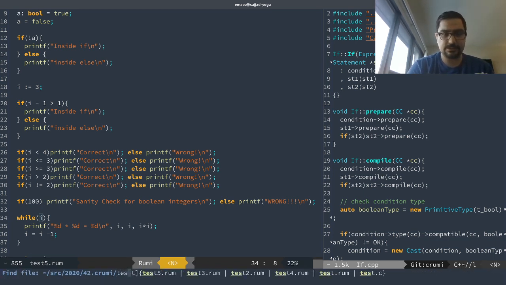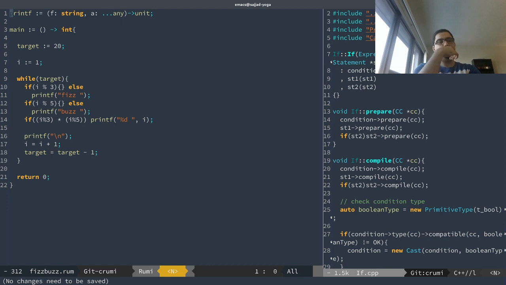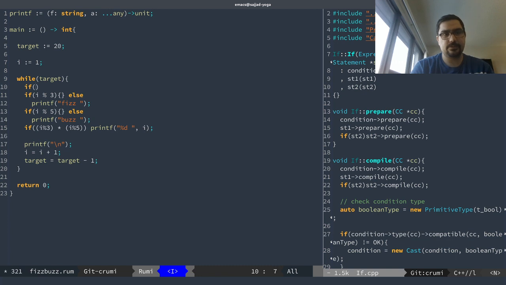Okay. So now we wrote a FizzBuzz program. Do I have it? Example. What was it called? Example FizzBuzz, right? We wrote a FizzBuzz program very early on, and we didn't have a lot of the things that we have now. And now we can visit that again and rewrite the program. So we have a target. You're looping on that. If I